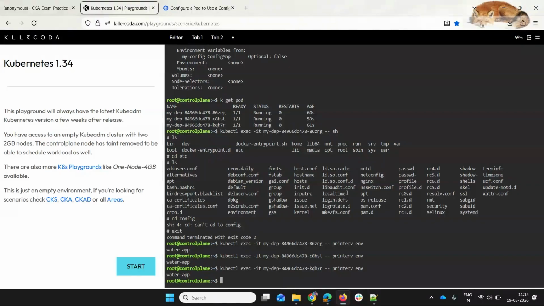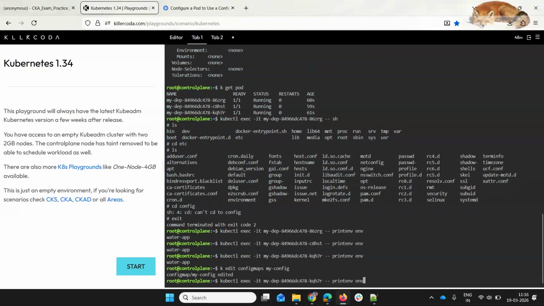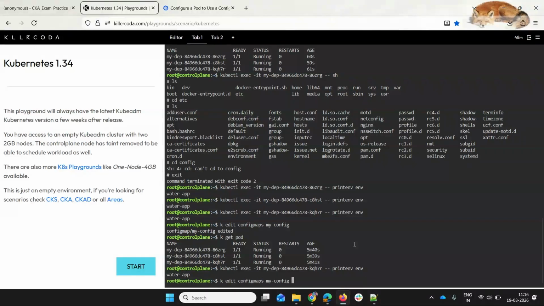Let's do one more thing, right? I want to edit the config map, my config, and I want to give the value now as something like air, just randomly. Now I want to see the pods. I think they are the same, and if I check, it's not taking the new value. So now again we need to do a rollout restart